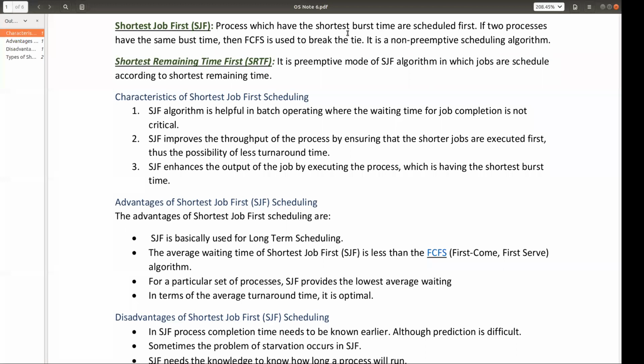Another point is that SJF improves the throughput of the processes by ensuring that the shortest jobs are executed first. So that is an advantage, basically. If you run a process with SJF, compared with FCFS, which I had asked you to do, you will see that SJF will give you much more